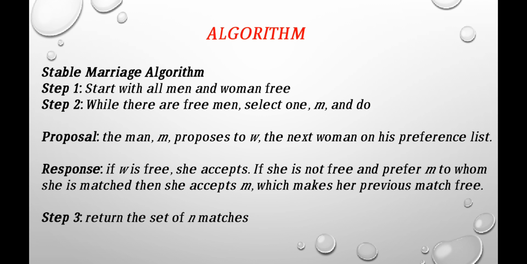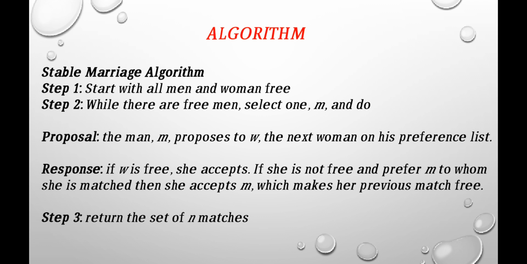So the algorithm consists of 3 important steps. The first 2 steps involve initialization. So what are the initialization steps? The first step is that initially all men and women are free. This is the first initialization. In the examination, the students will be given 2 sets of elements. They have to create the unique pairs. So they can solve the problem using the Gale-Shapley algorithm.